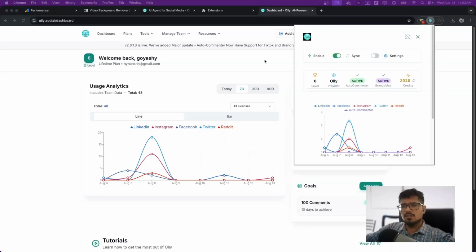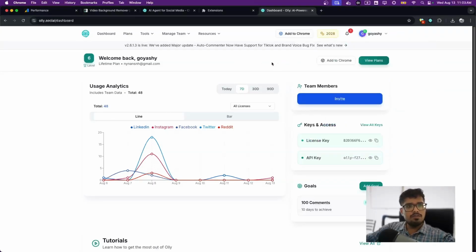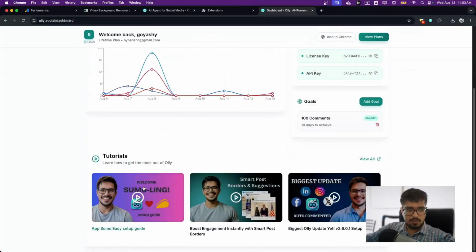And this is something that we're still working on and we'll ship it. Before we ship it, we'll make these basic changes, like you can see the logo is kind of broken here. All of these changes we'll make once we ship the extension. But you can see we have a fresh new look to the dashboard as well with some of the resources